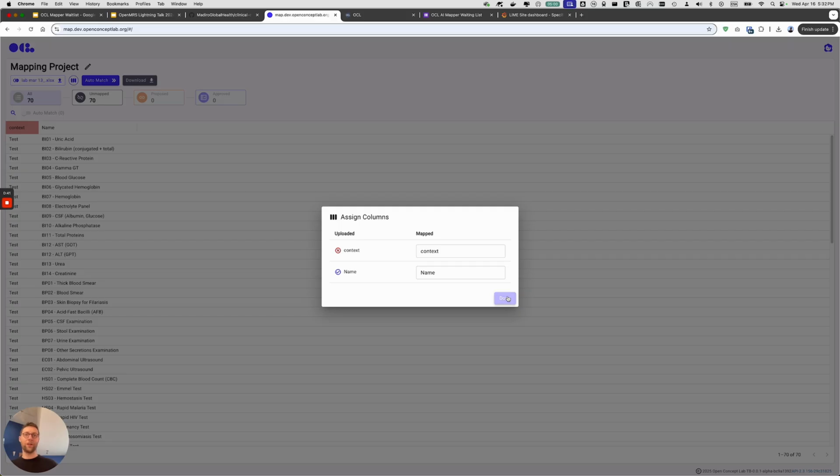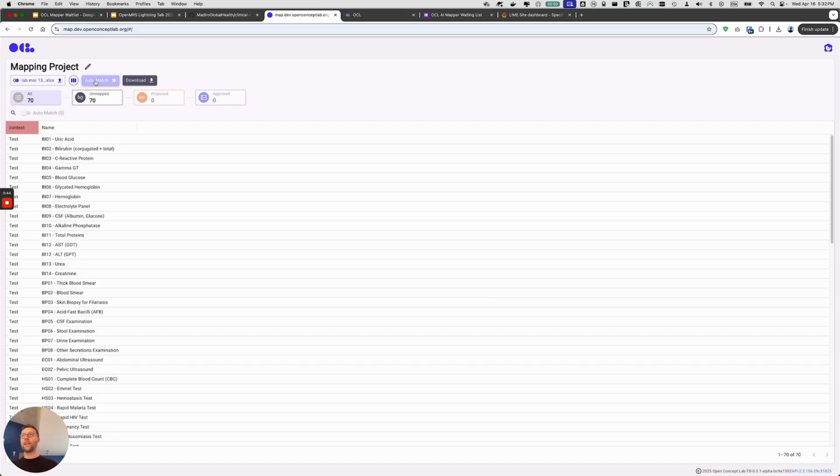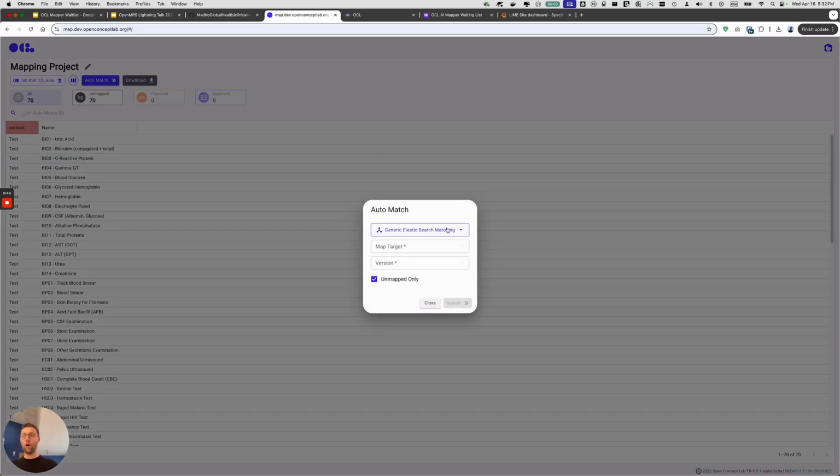Here we'll just keep the name. And then the next step is to choose how you want to auto-match. First option is a classic search, like fuzzy matching with the generic Elasticsearch matching. And the second one is the semantic search, which is the AI workflow using a language model, which also, it's interesting